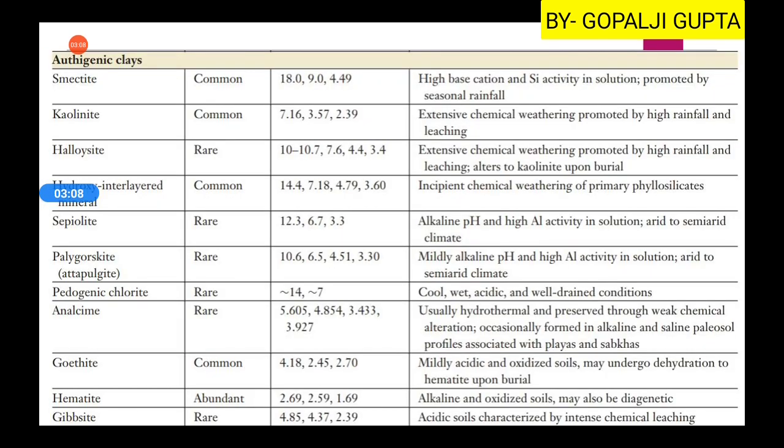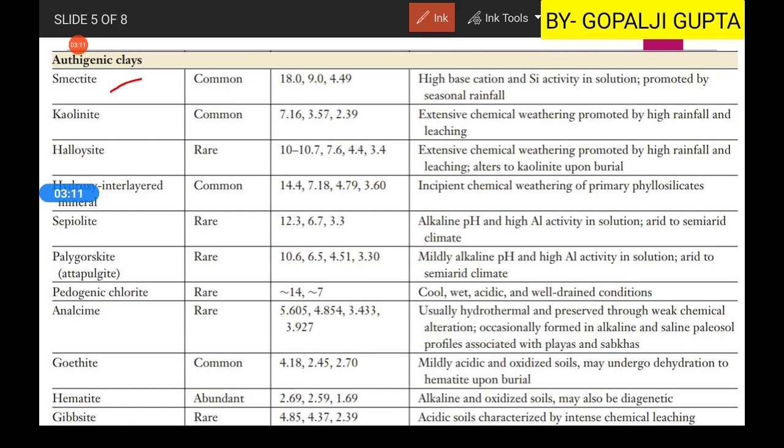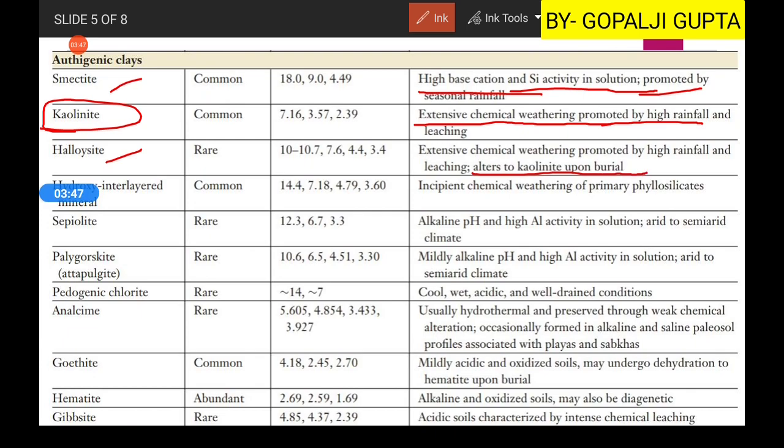Then you have the orthogenic clays, such as smectite. It shows high base cation and silicon activity in solution, and it is promoted by seasonal rainfall. If you are getting smectite clay, it is promoted by seasonal rainfall. Then you have kaolinite. It shows extensive chemical weathering and is promoted by high rainfall and leaching. Then you have halloysite, which also shows intensive chemical weathering, but the most important thing is it alters to kaolinite upon burial. Then you have hydroxy interlayered minerals,